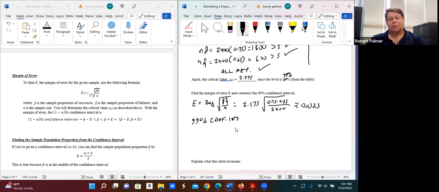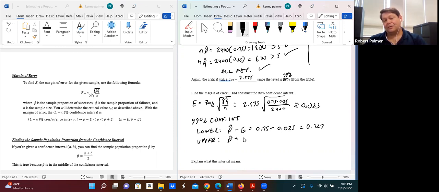interval, once again, we need to find our upper and lower bounds for the interval. So the lower bound is going to be our p hat, our sample proportion, minus E, and that's going to be 0.75 minus 0.023. That's going to be 0.727. And then the upper bound